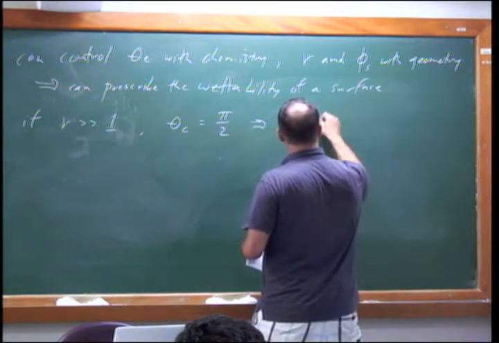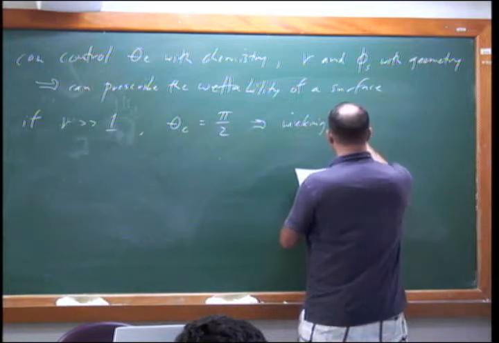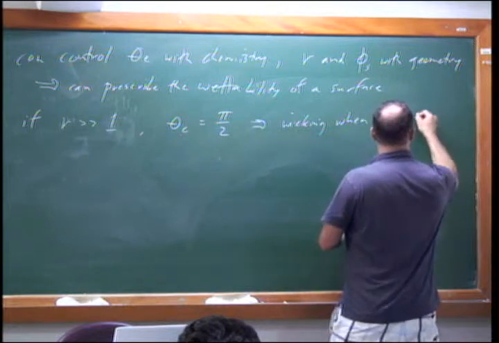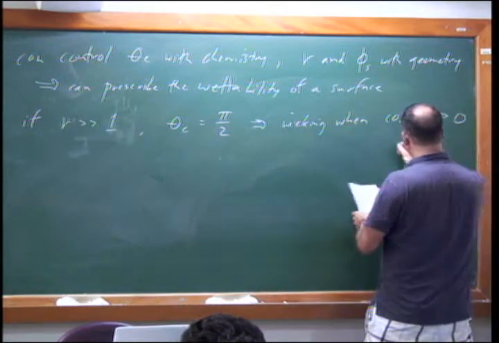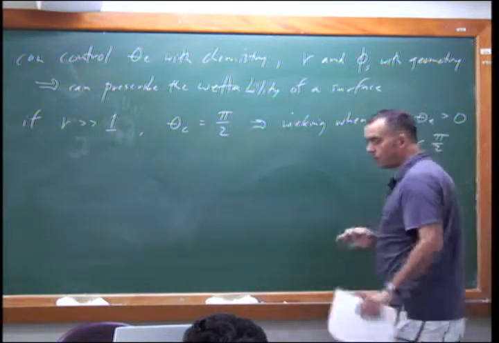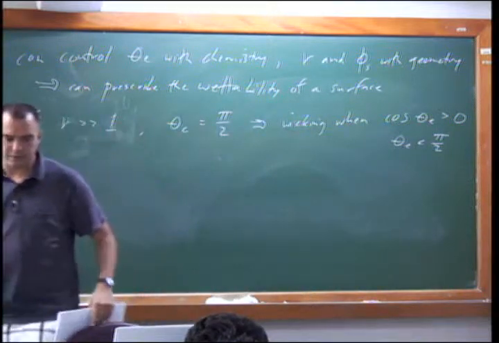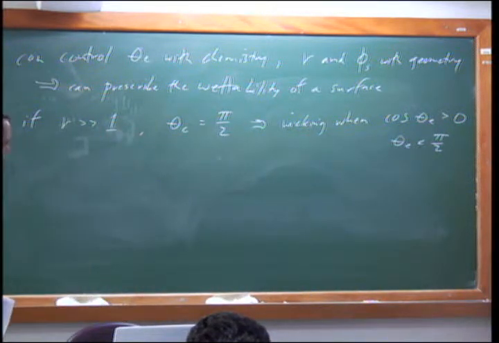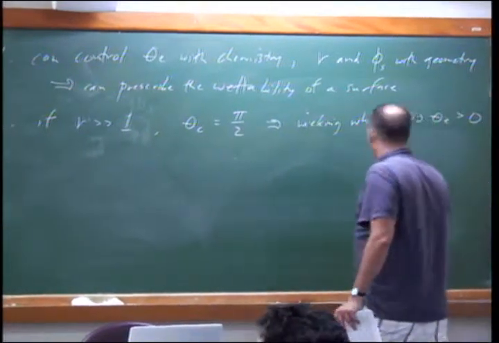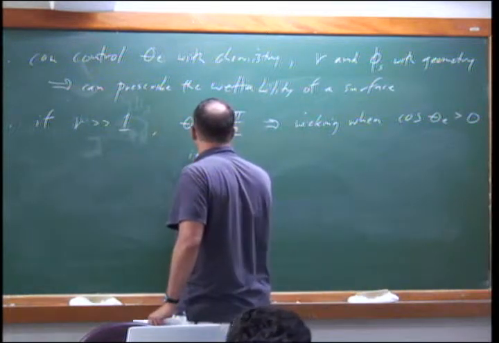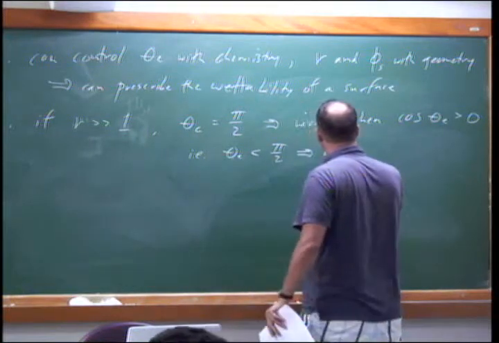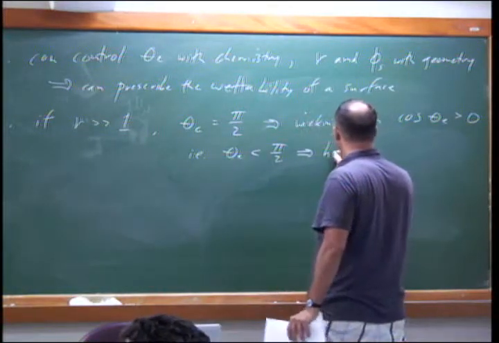So we have this wicking phenomenon, this spontaneous motion, spontaneous wetting, whenever cos theta equilibrium is greater than 0, which is simply saying that theta E is less than pi by 2. So whenever you have a fluid which has a tendency to wet a surface, roughening it will give rise to wicking. So if we're looking at water, then any